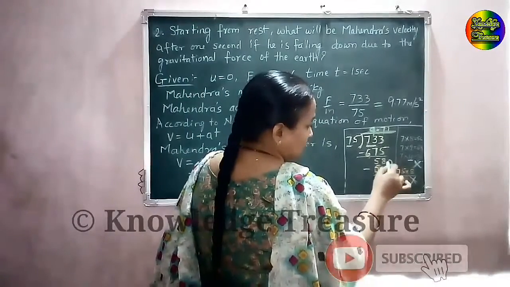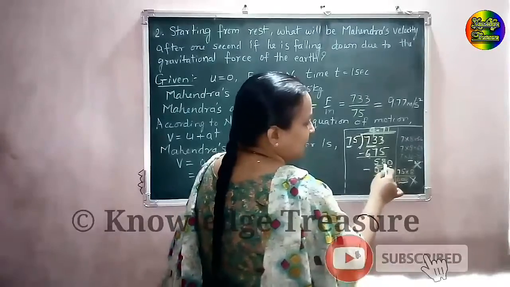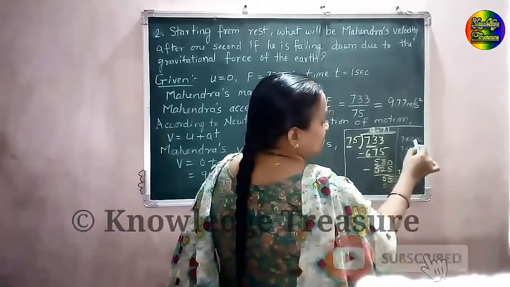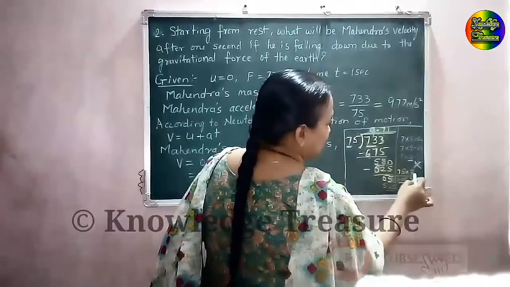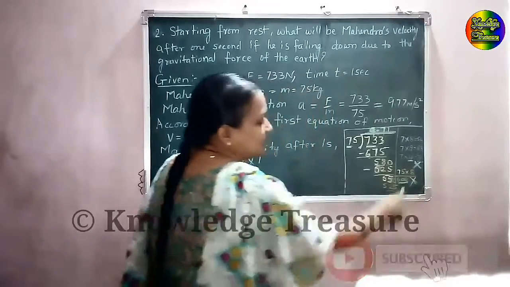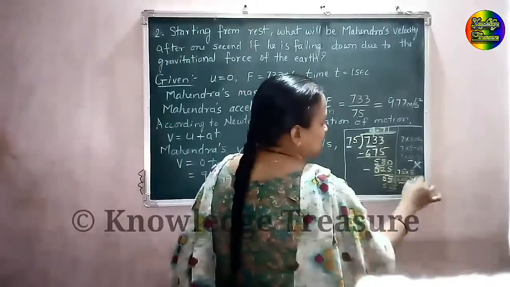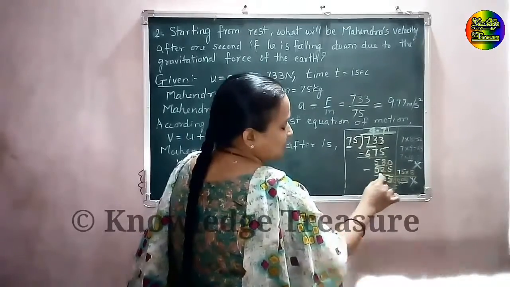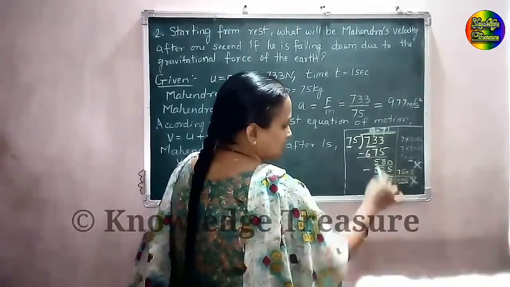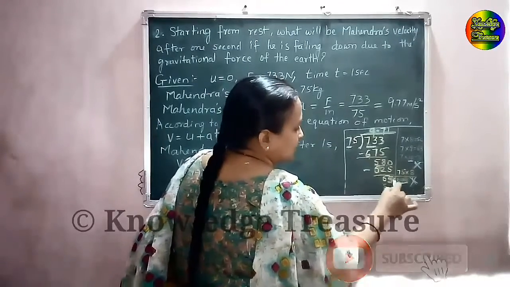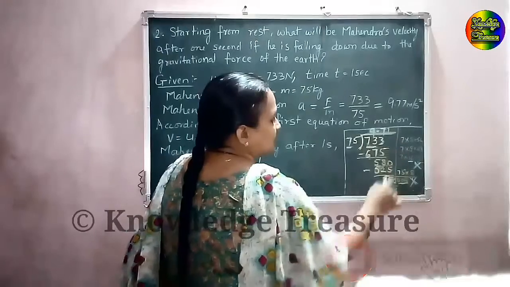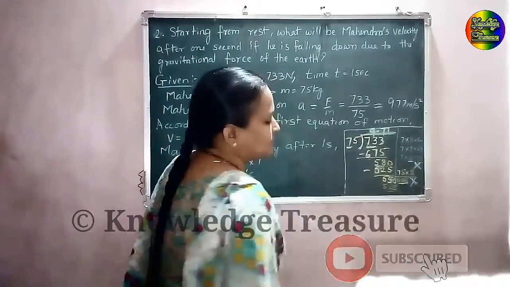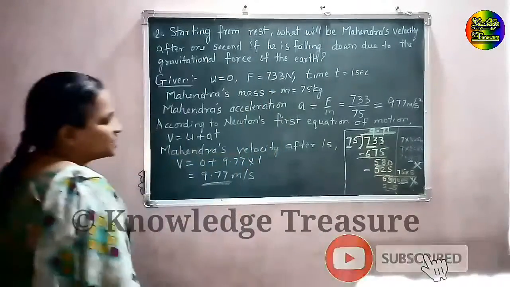And now again you have taken 7 and 58. So 7 8s are 56. If you try 8 into 75, it is coming 600, so it is also not possible. So you take the lesser number, that is 7. 7 into 75 is 525. Again subtraction, so you are getting 55 and one more 0. So again this is possible. 7 into 75 you are getting 525. Like that continue the simplification.